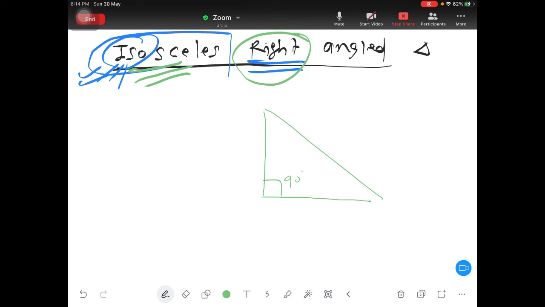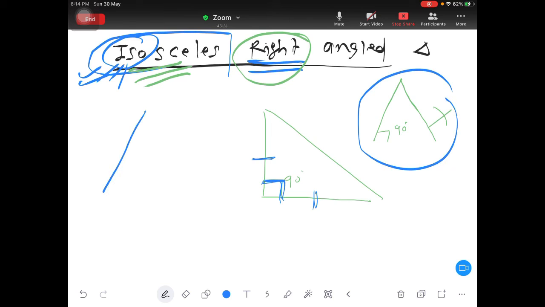So you cannot draw one like this and one like this, and have the 90 degrees somewhere else. No, the 90 should always lie between the same lines. So the angle should be like this. This is not the case. It's like one line is like this and one line is like this. This is also 5, this is also 5. Yeah, okay, fine, they became isosceles.